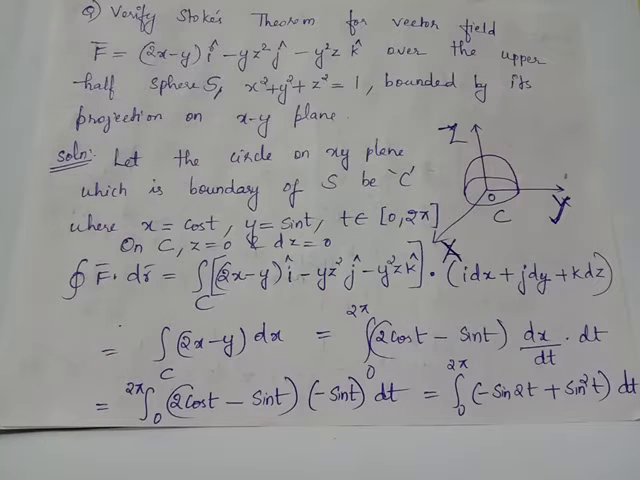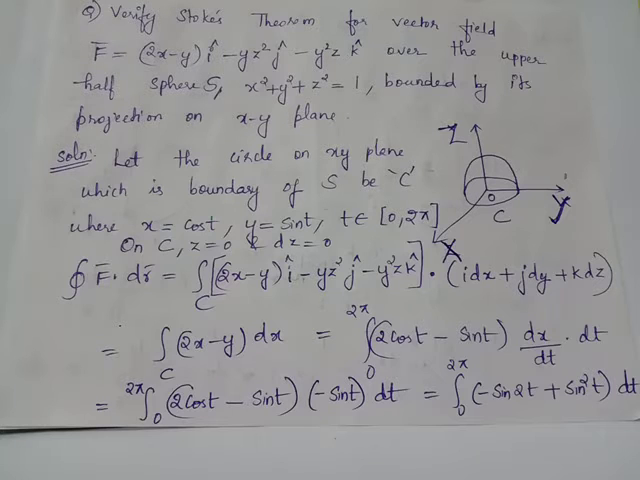Verify Stokes' theorem for the vector field f bar equals (2x minus y) i minus yz² j minus y²z k over the upper sphere S, whose equation is x² plus y² plus z² equals 1, bounded by its projection on the xy plane. Notice that S is the upper hemisphere and it has the boundary capital C, which is the projection